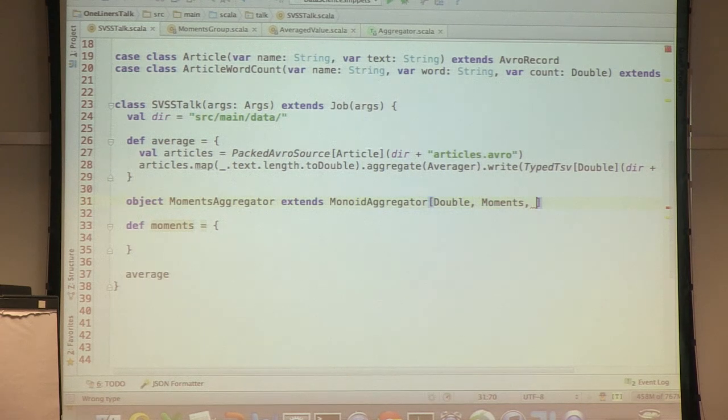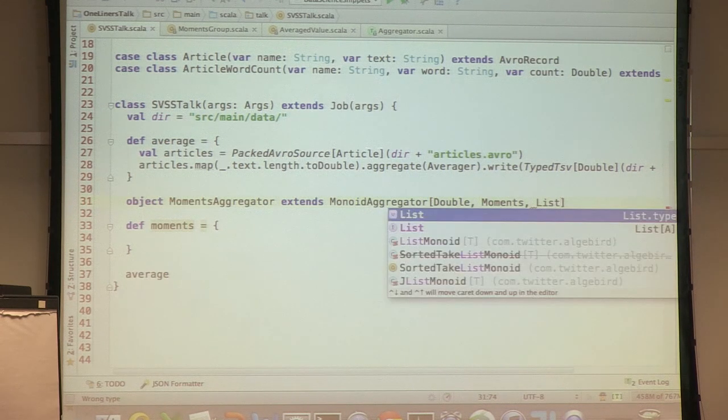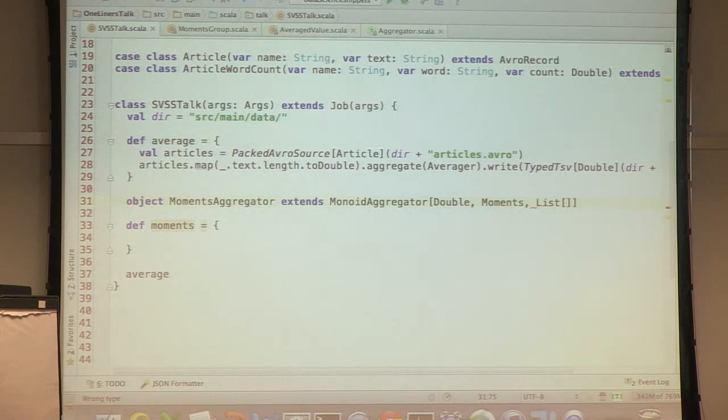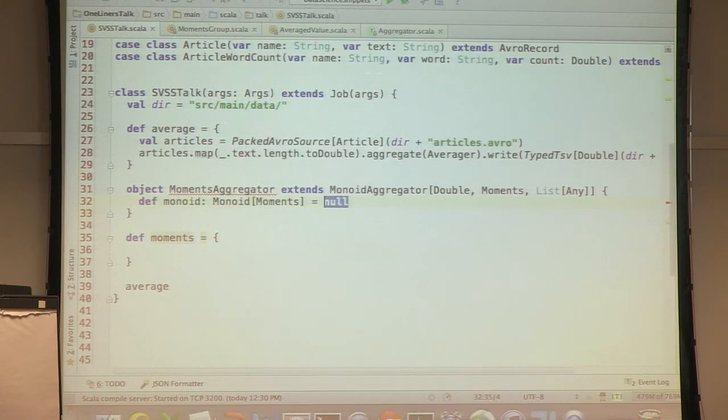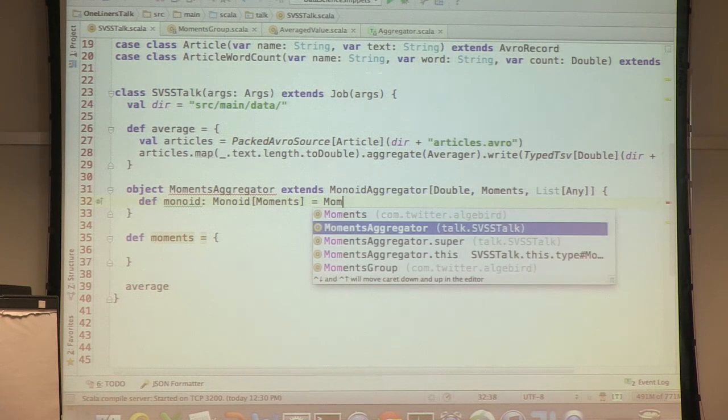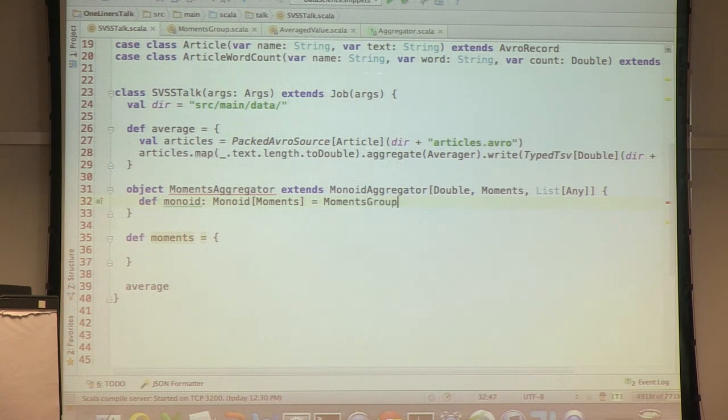And what we will eventually output is a list of any, and I will explain in a second why it's any. So like you can see, we have three functions to define. So the monoid is just the moments group. Obviously, every group is a monoid as well, so we can use groups here.